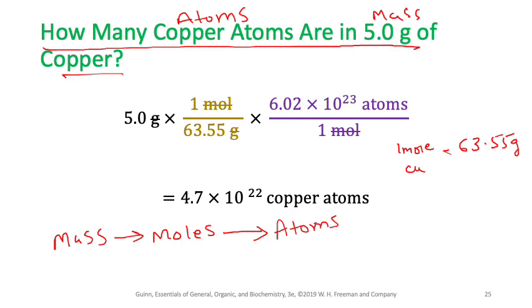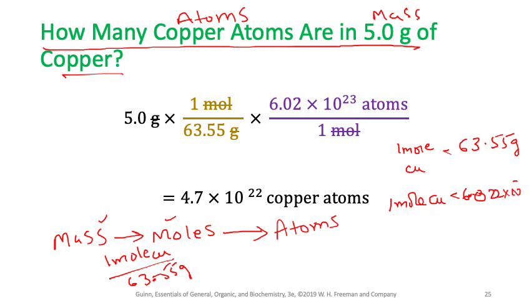So I can use a conversion factor between the first two boxes over here. I can say 1 mole of copper over 63.55 grams of copper, right? So I already connected the first two boxes. What about the other two boxes, moles and atoms? I can say 1 mole of any substance, in this case copper, is equal to 6.022 10 to the power 23 atoms of copper,